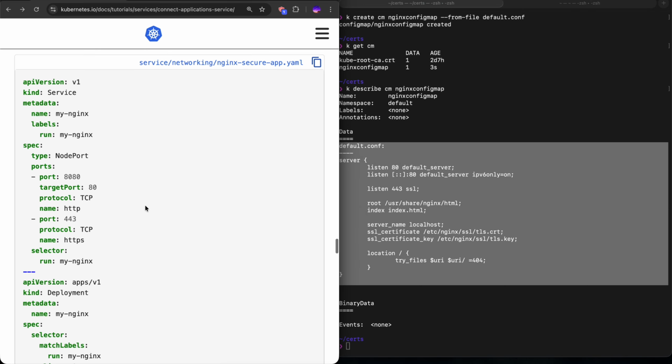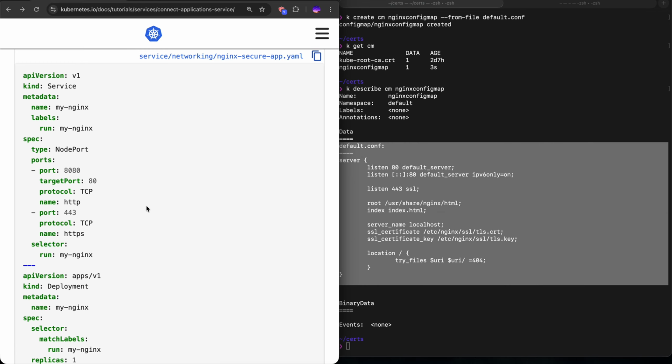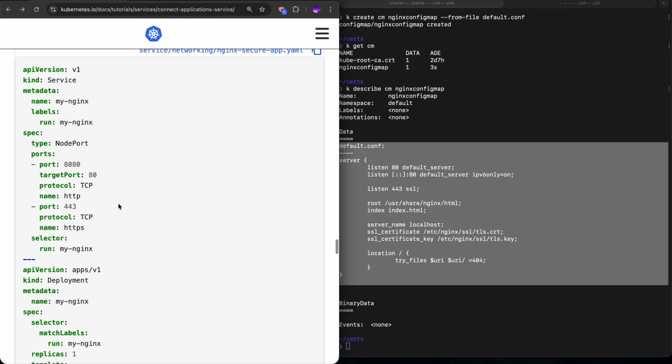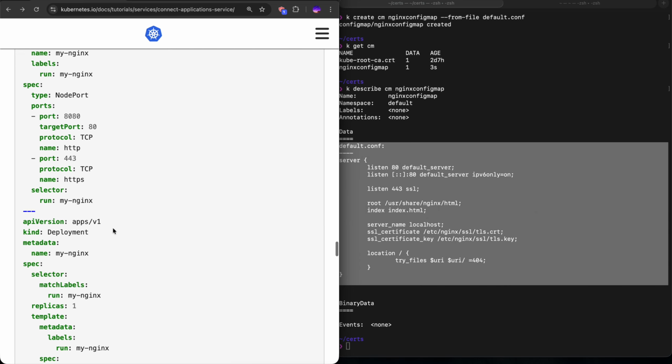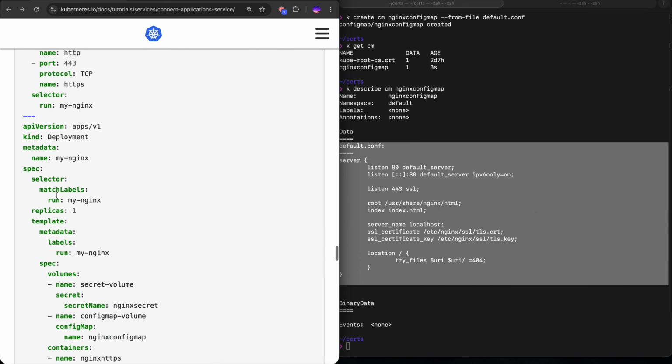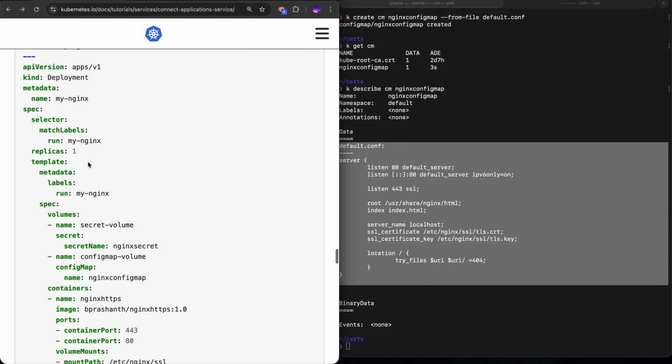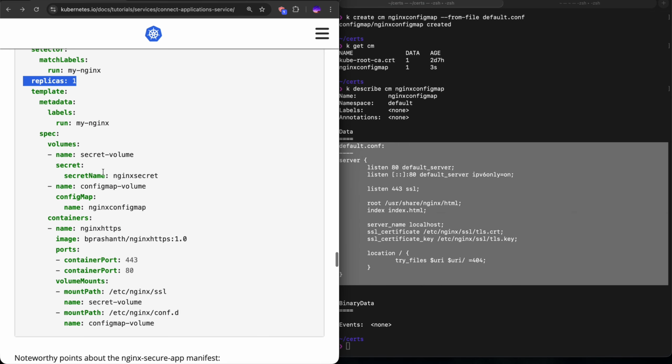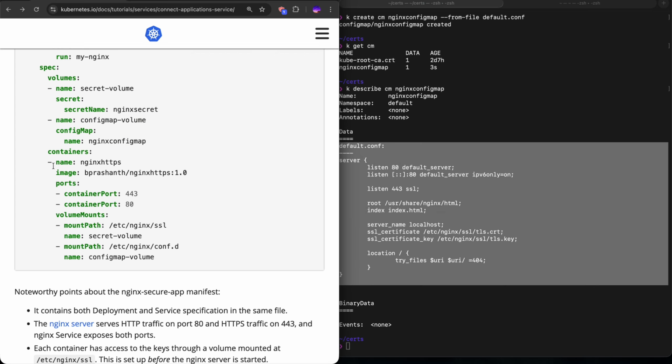Now here we have a definition of the nginx HTTPS deployment and service. For the service, it's important to note that we use node port, and we have 2 ports, HTTP and HTTPS, which are named so they're easier to distinguish. And the selector. The deployment is nginx deployment with 1 replica. It has 2 volumes: the secret which we have created, and the config map for the configuration, and 1 container